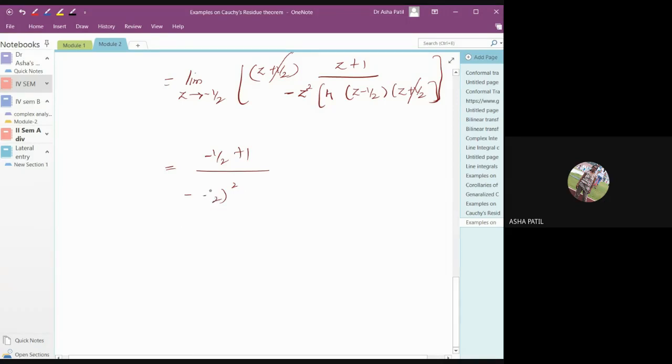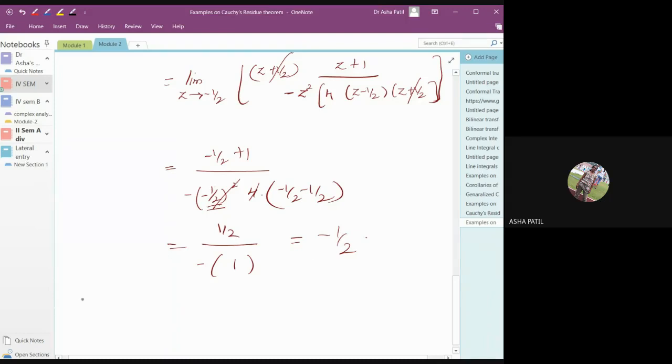Minus 1 by 2. However, it will be plus minus 1 by 2 whole square into 4 minus 1 by 2 minus 1 by 2. 1 minus 1 by 2, it is half. Minus 1 by 2 whole square means it is 1 by 4. This cancels. Minus, it is 1. What's your value? It's minus 1 by 2.